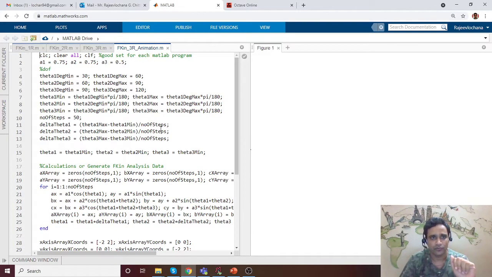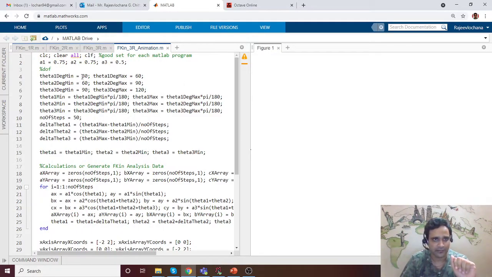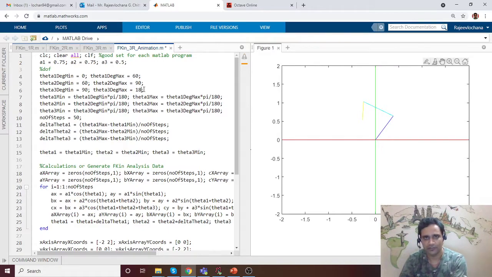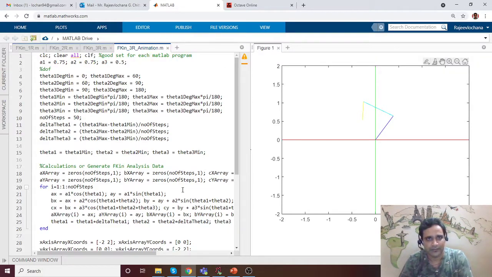Okay, so how do we export data? Basically once you run this, let me run it again. So say 0 to 60 and maybe 60 to 90 and 90 to 180. If I have this value and if I run, the animation is one part.